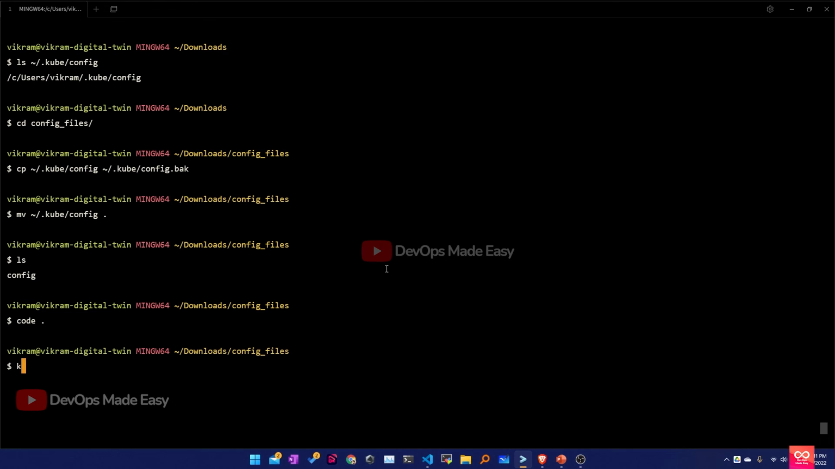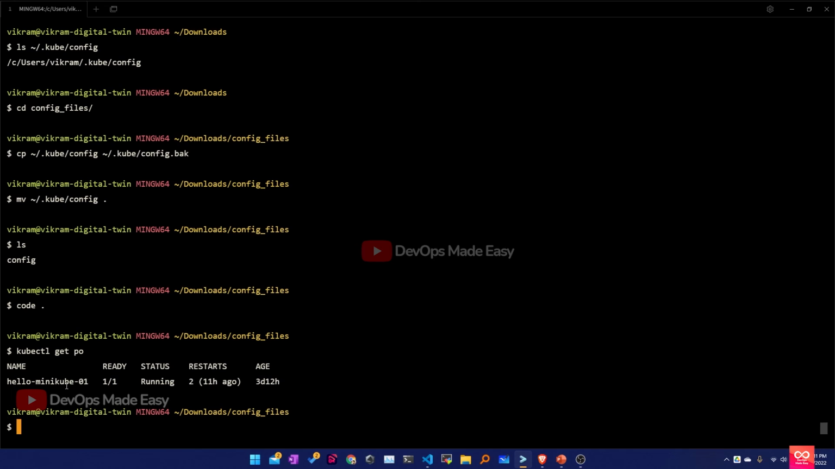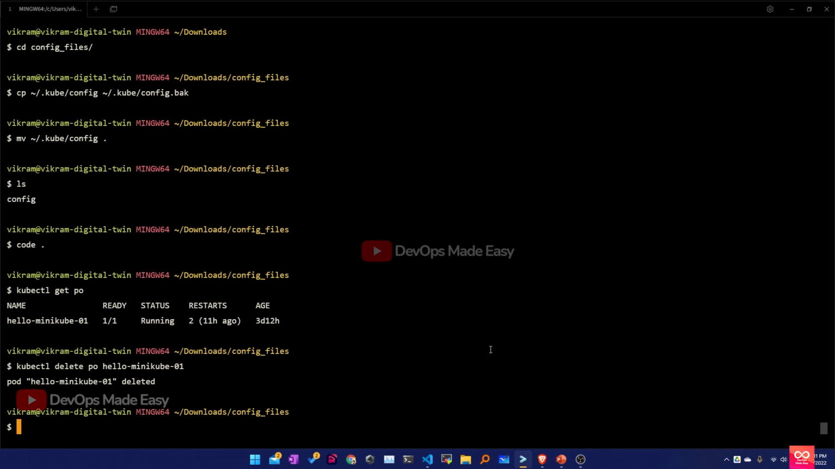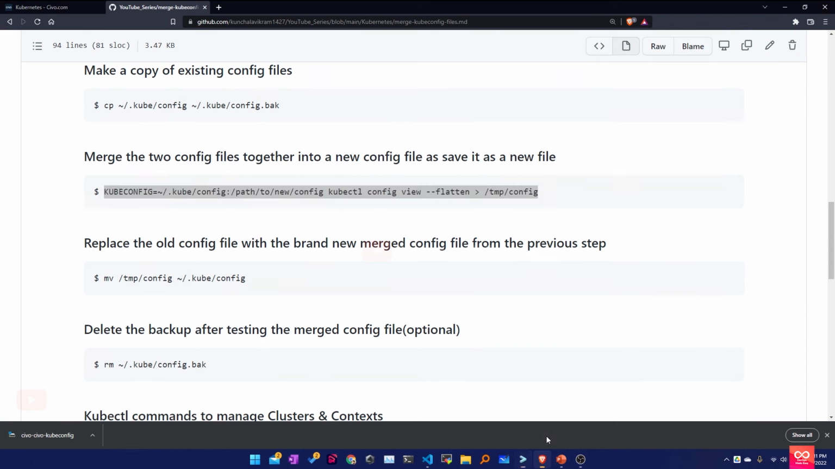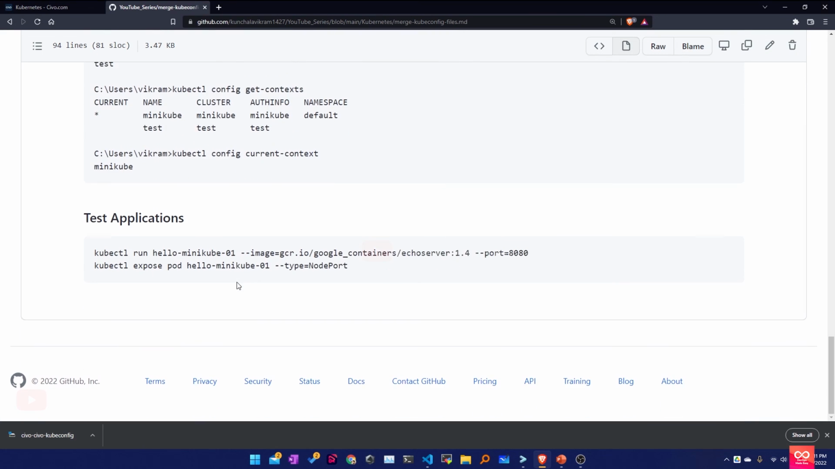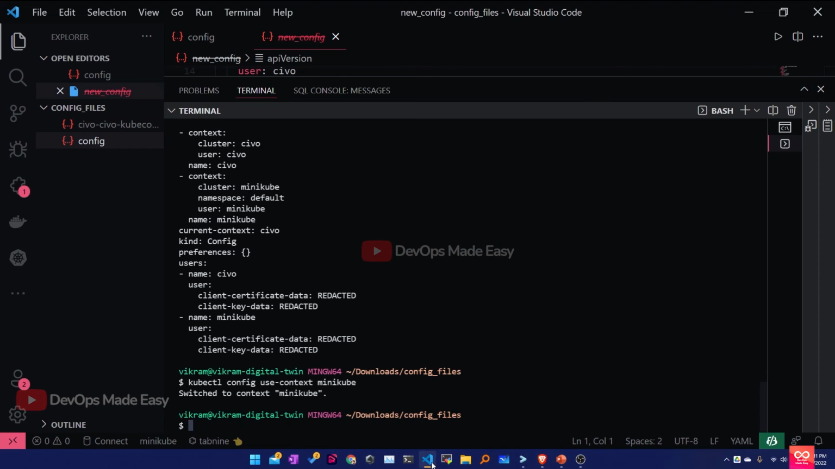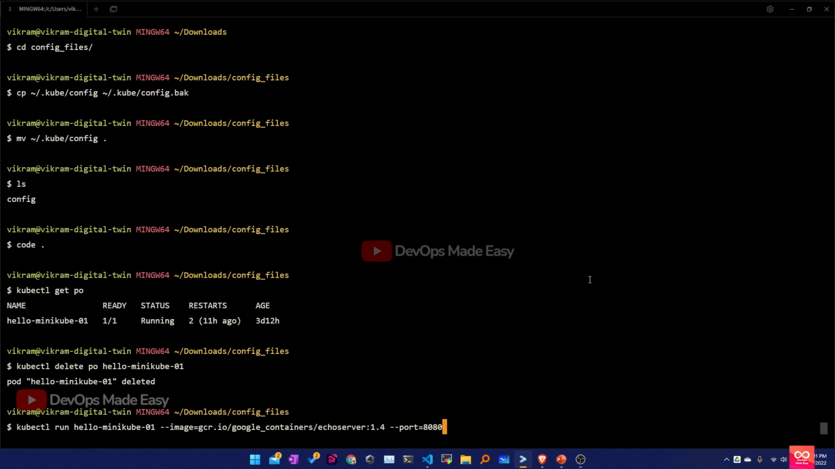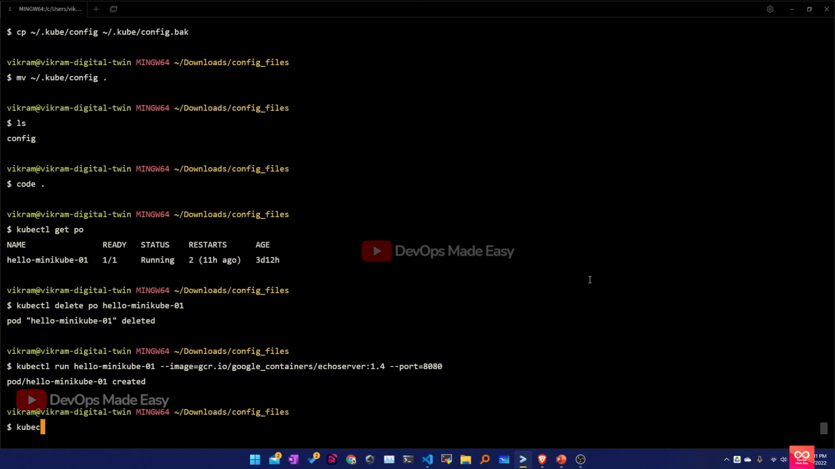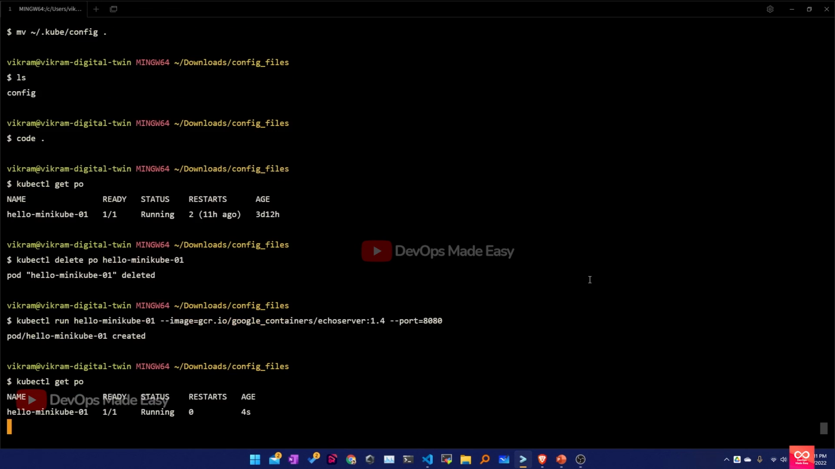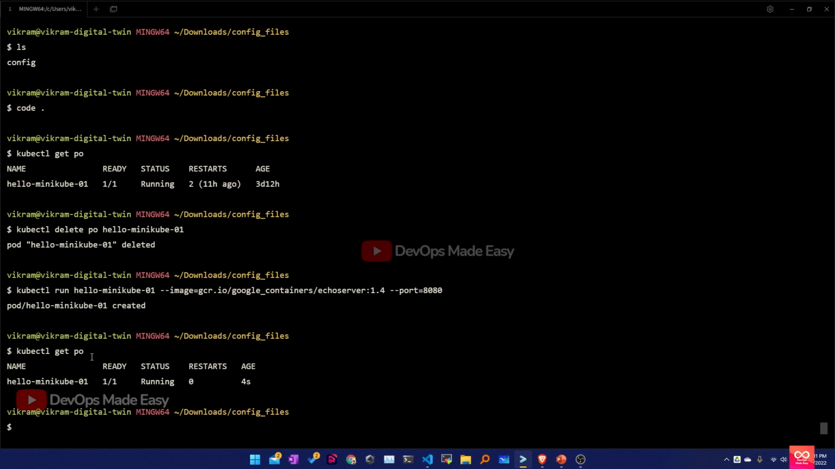So if I just use kubectl get pods, there is one pod which has been running from before. I'm just going to delete this pod. So this pod is deleted. Now if I have to run a dummy pod, I have given the command here, so you can take this command and run a dummy pod. So this pod is created. But if you do kubectl get po, I have this pod information,